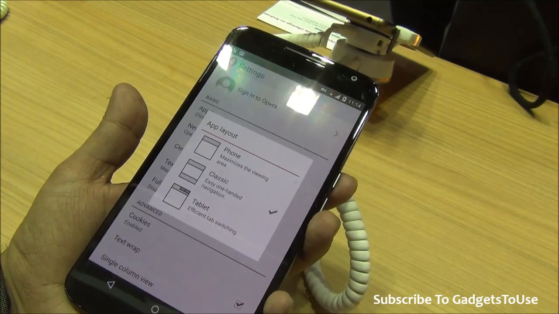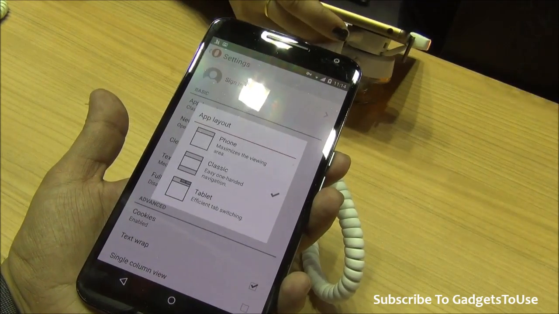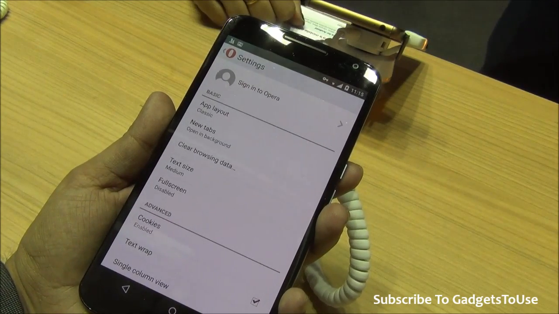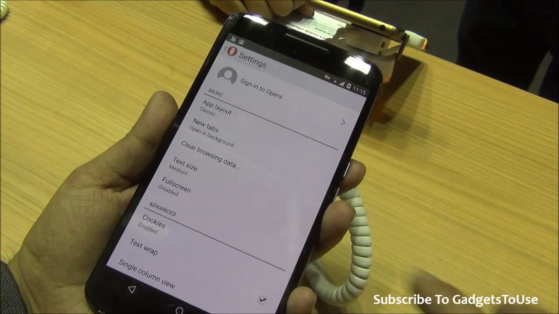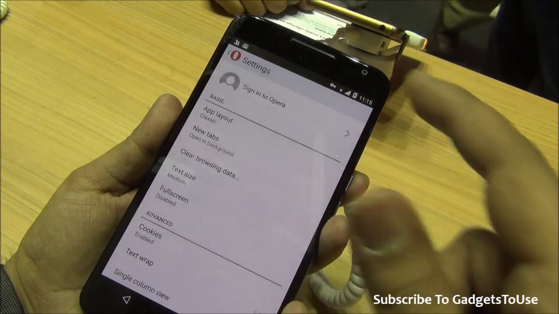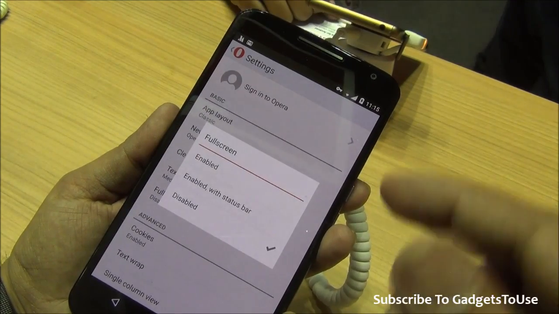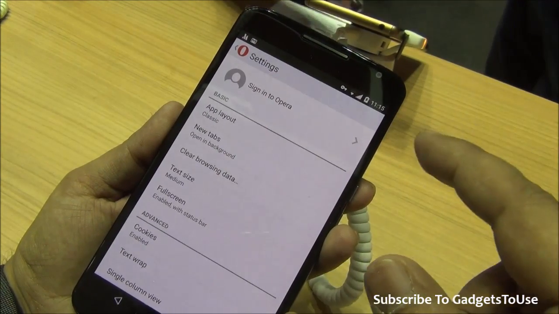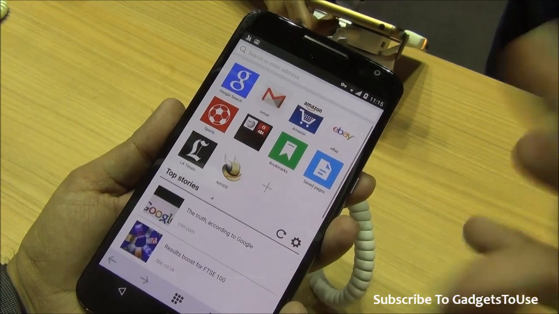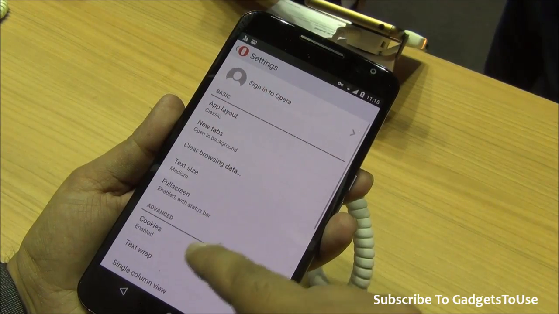So this Opera Mini is not only for smartphones, it is very much responsive, and it is designed for almost every Android device, and this way you can see the complete information being loaded in a very nice way. You can control the text size. You can have the text size small, medium or large as per your visibility. You can have the browser in full screen as well, or with the status bar, which is going to make things very easy for you and make browsing personalized for you.